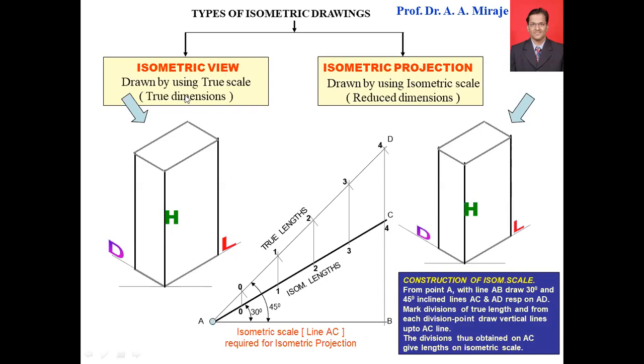Both are isometric. So isometric view is also isometric drawing, isometric projection is also isometric drawing, but these lengths are reduced by 0.8. हा जो डायग्राम दिसतो आपला रेक्टँगल प्रिझमचा, हा छोटा आहे, हा डायग्राम मोठा आहे. तर शक्यतो एक्झाम मध्ये तुम्हाला दोन्ही विचारू शकतात. If it is asked to draw isometric projection तर रिड्यूस करायचं, मग त्या स्केल वापरायचं. Otherwise, directly whatever the lengths are given to you, length, height, depth, all the lengths you can take directly also. तर आता आपण प्रॅक्टिस करताना आयसोमेट्रिक ड्रॉइंगचं प्रॅक्टिस करणार, म्हणजे आयसोमेट्रिक व्ह्यूचं. We are not reducing the scale right now, but there is a facility of reducing the scale and drawing the isometric projection.